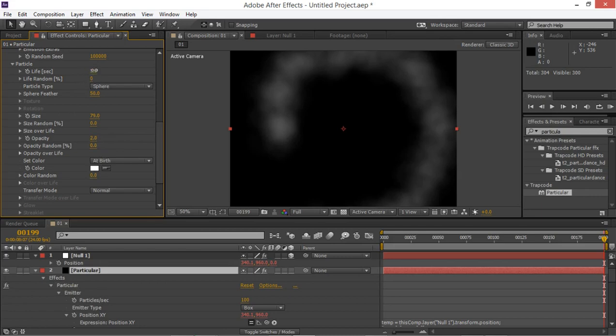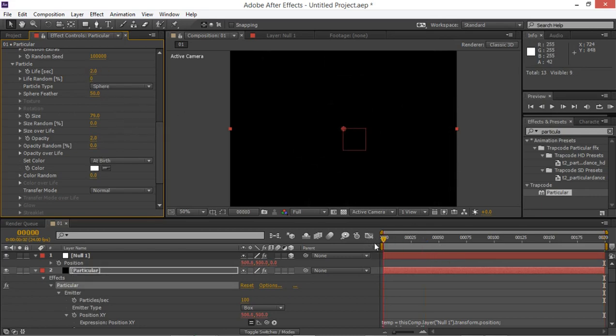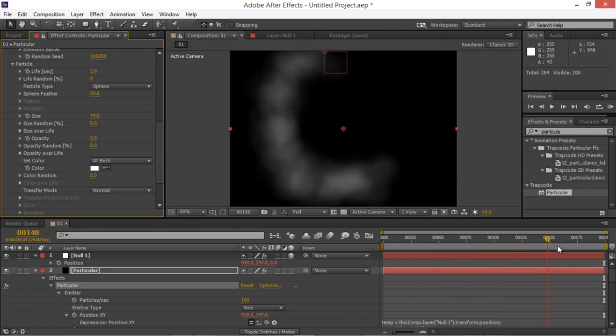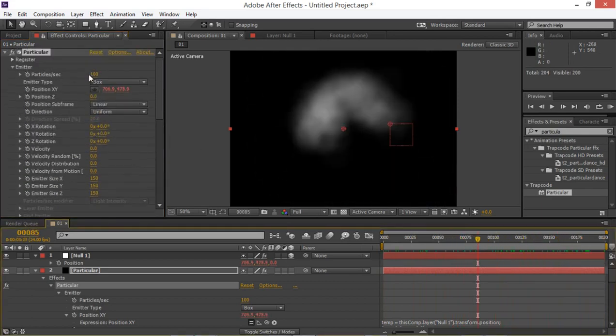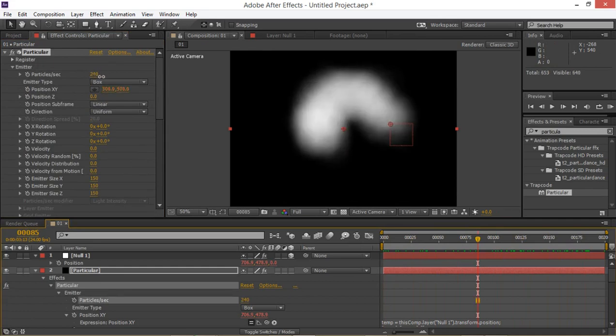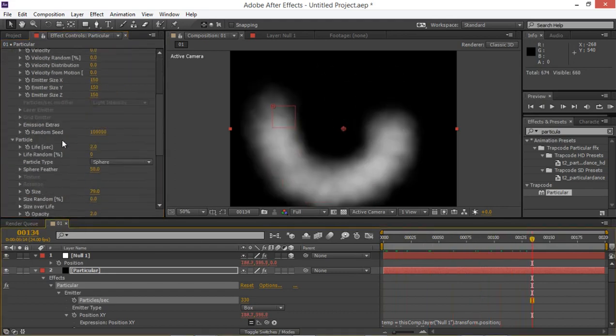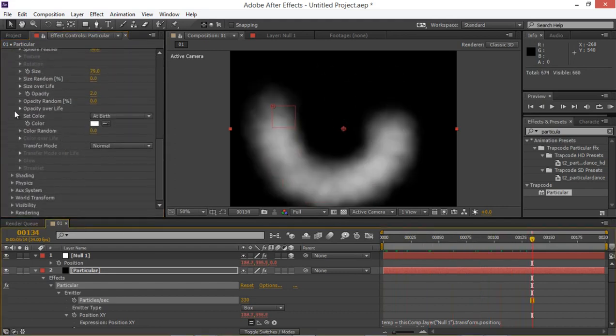Okay, life second, let's go to something like 2 seconds, because I really don't want... Now you get this sort of motion. The amount of particles, particle per second, can be increased to something like 300. And another thing that I will go is this